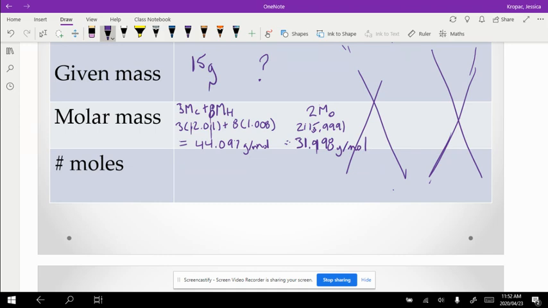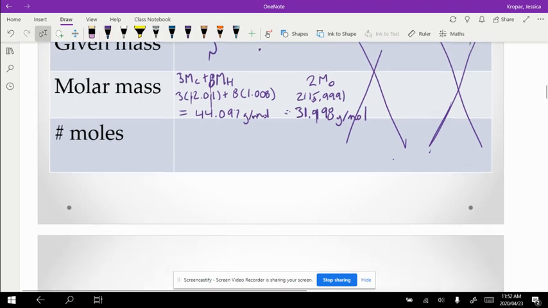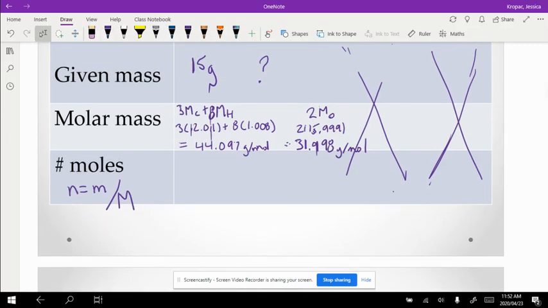I'm going to remind you just below here what our calculation was for number of moles. To figure out number of moles, you practiced this last week, I'm going to take my mass and divide it by my molar mass. I have been given my mass of propane, and I figured out my molar mass of propane, so I can plug that into my formula. I'm going to take my mass, which is 15 grams, and divide by my molar mass, which is